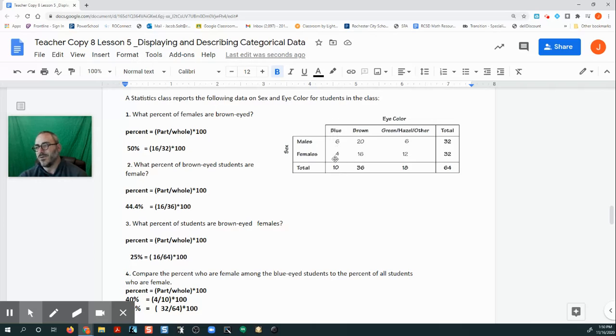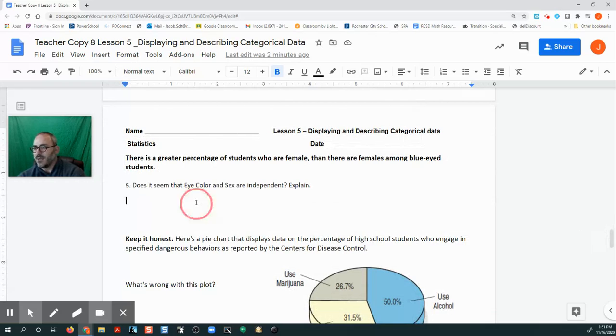The difference between 6 and 4 is not so much that in a small data set like this, that's not too much of a difference of a distribution. Even though there's a difference of 4 here, with a small data set, this could easily be explained by just random things. But this one over here concerns me, not because the difference is 6, but because the proportion is almost double the amount of females that have green, hazel, or other eyes than males. So I suddenly begin to wonder, is there something going on here? If it was me, I would say we can't be sure